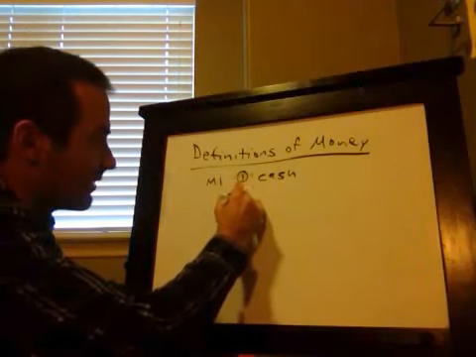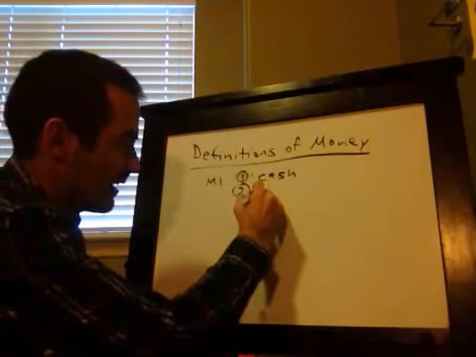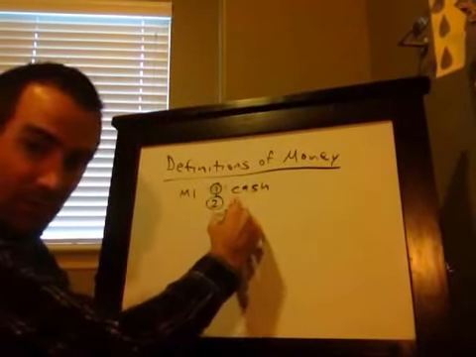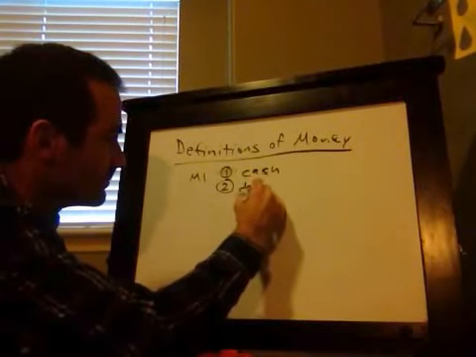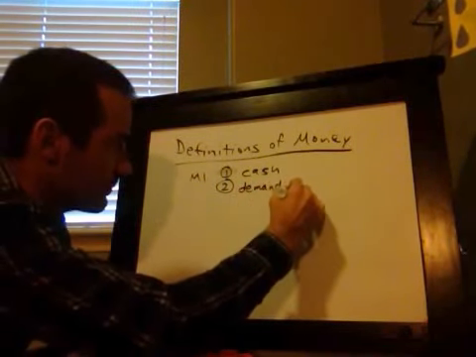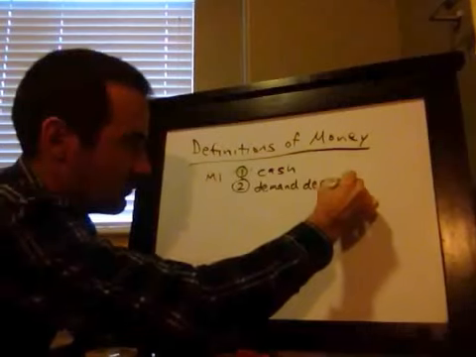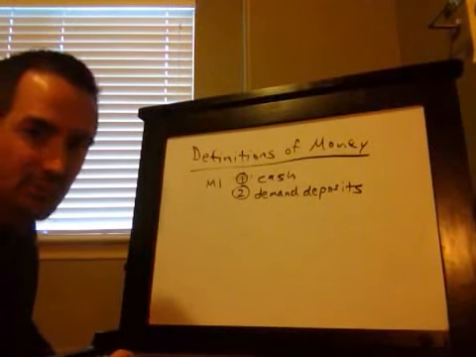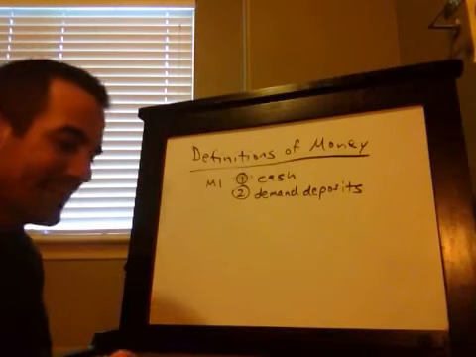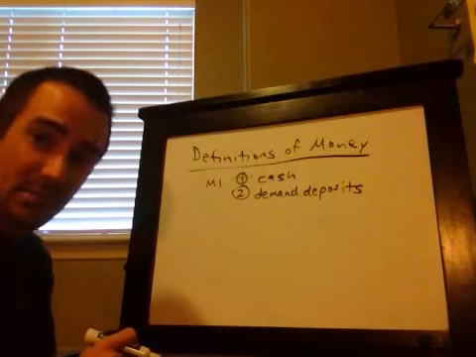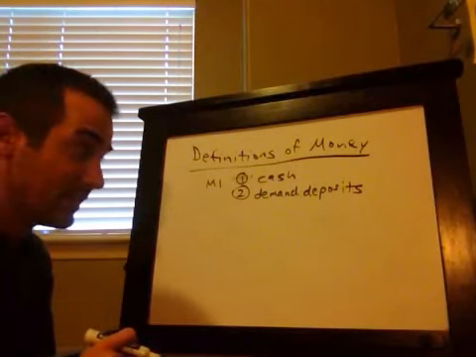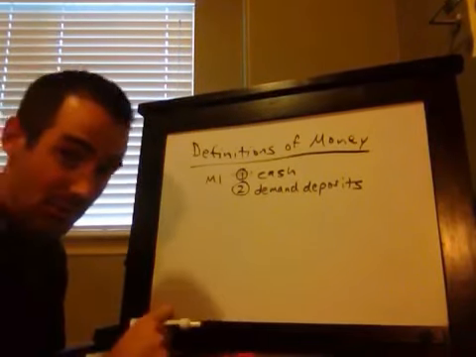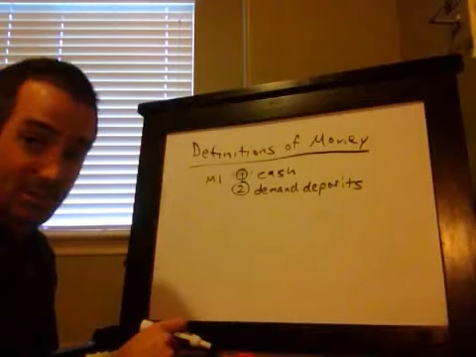The second thing that it includes is checking accounts or checking deposits. We call them demand deposits. But it might be called checking deposit. It might be called checking account. You know what that means. That is an account where you can demand the money very quickly and very easily by writing a check, or I'd usually do so by sliding my debit card. That debits my demand deposit, my checking account.